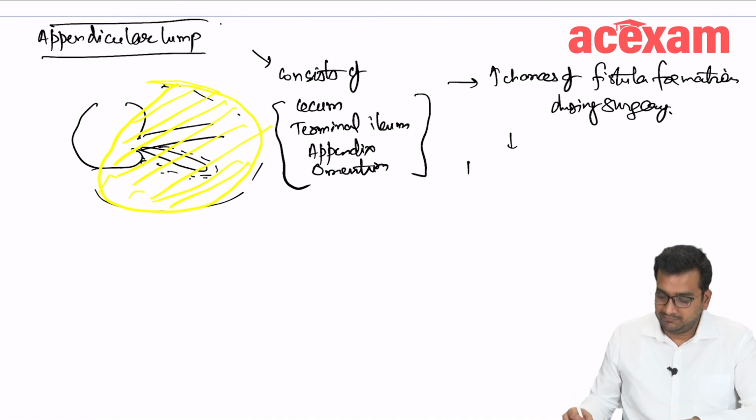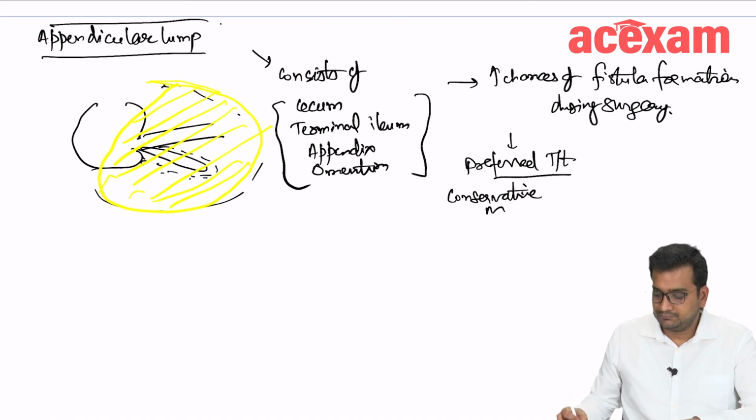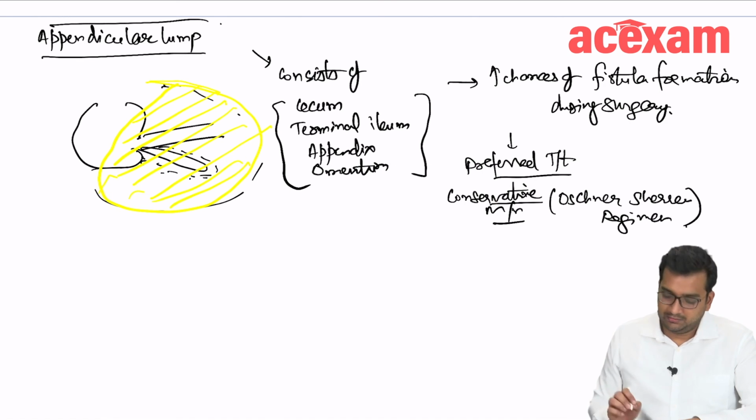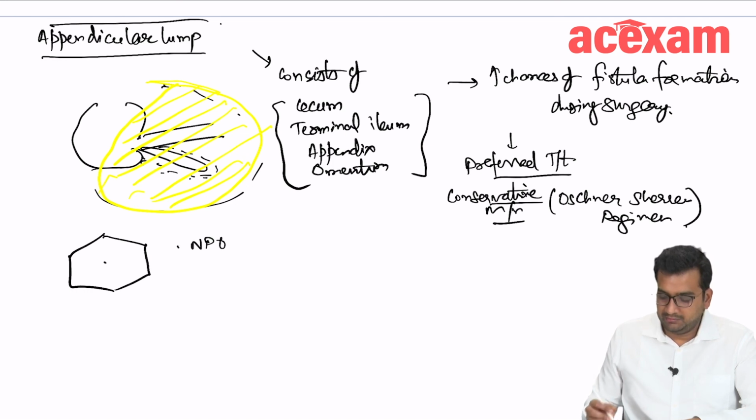That is why the preferred treatment for appendicular lump is conservative management, also known as the Ochsner-Sherren regimen. In the Ochsner-Sherren regimen, we will keep the patient nil per oral. We will monitor vitals,